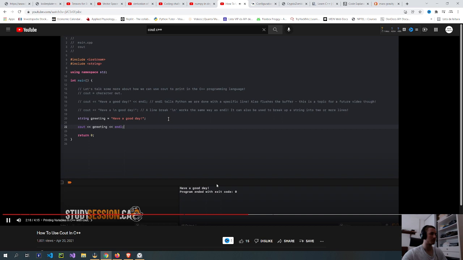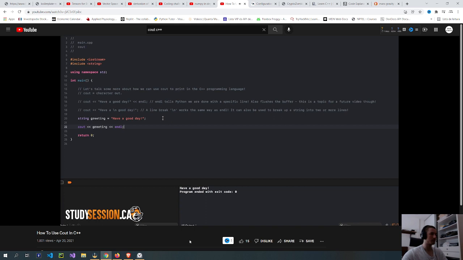Lastly, what if we wanted to combine, let's say, printing a variable and entering in an explicit string? So let's do this by asking our user for their name and their age. As we learned in our last video, it is best to have a cout line before our cin, which stands for character in, to formally tell the user what type of information we want. So, because we want the user's name and age, let's declare the name variable as a string and the age variable as an integer.